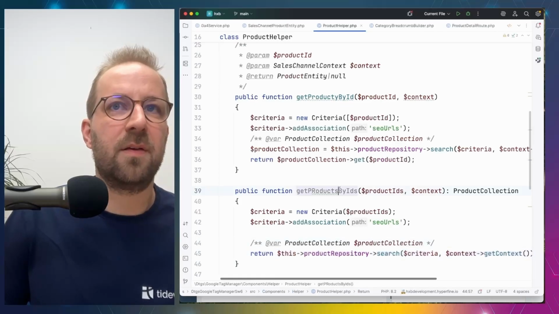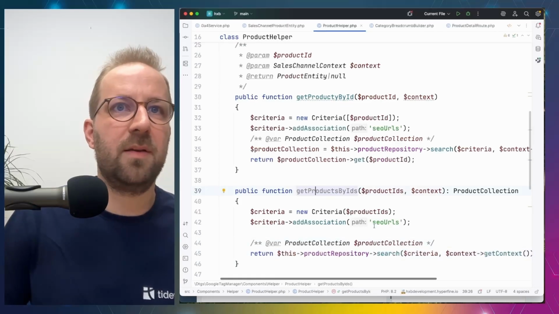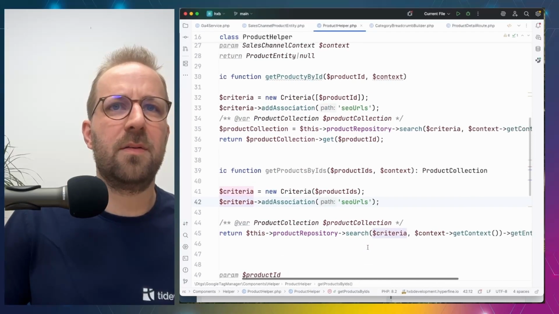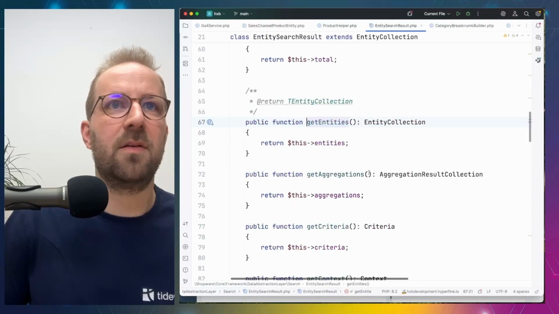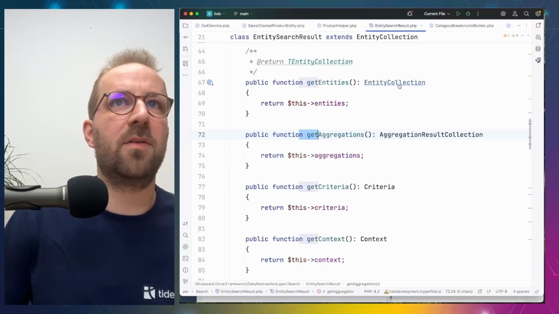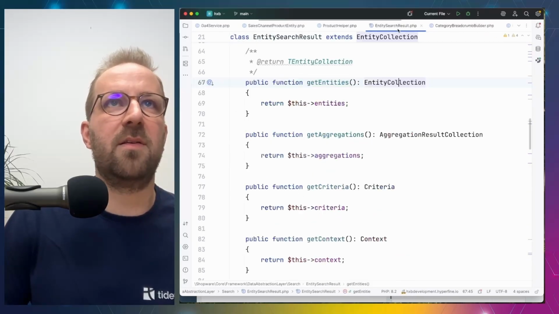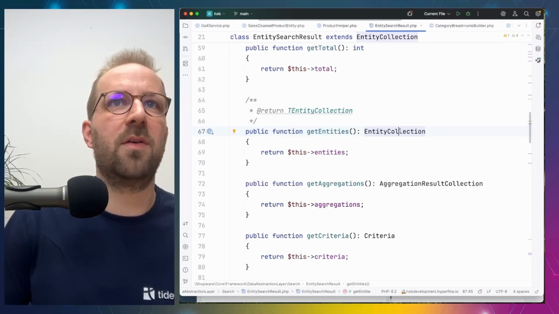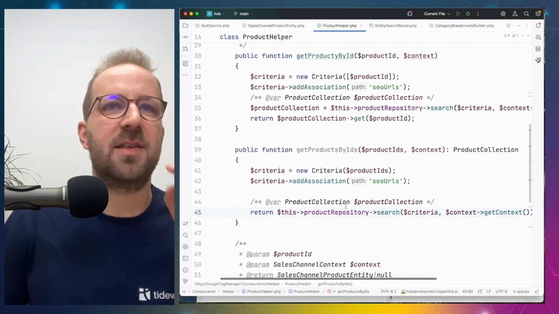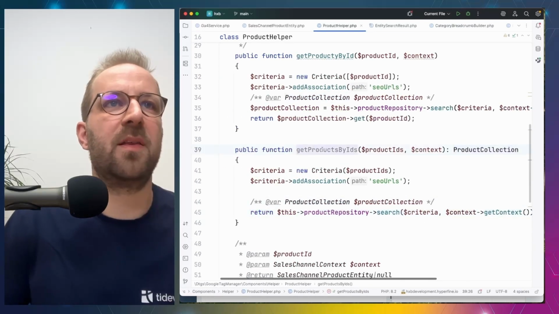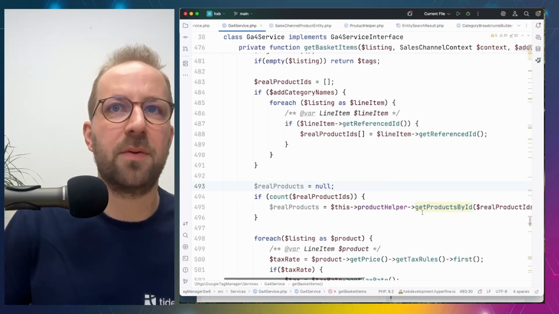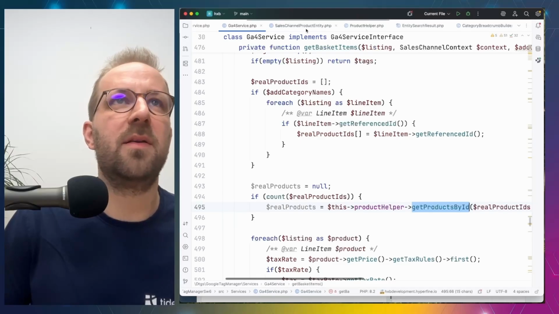This is, okay, get products by ID. So, okay, get context, get entities. No, do I want get entities? Or, yeah, get entities returns an entity, and then yes, okay, I want get entities. Then I don't actually want the entity, okay. The result returns entities, yeah, entity collection, okay, that's right. Should work this way. So back to this place, get products by IDs,